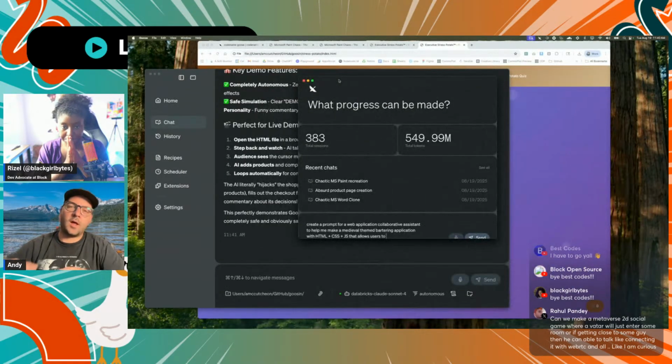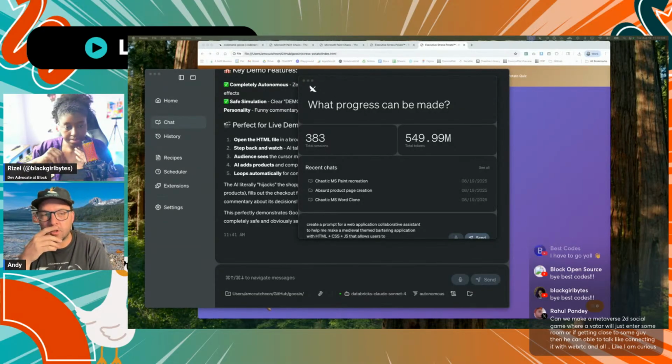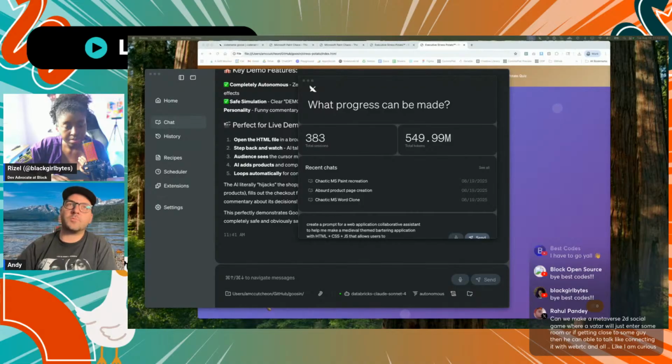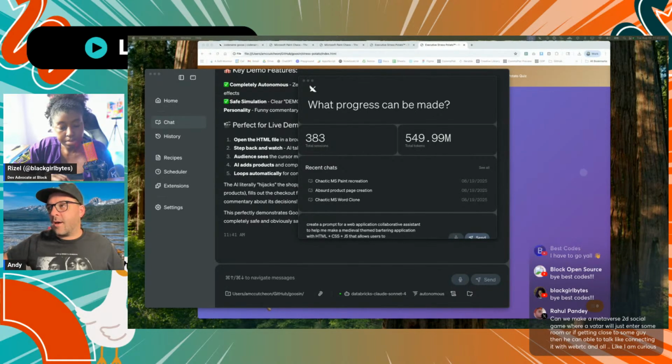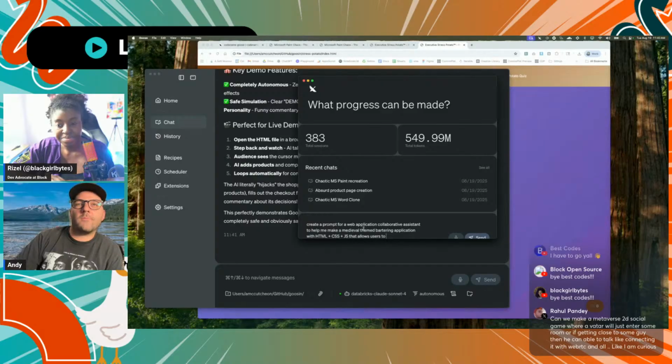I'm gonna show off one of the coolest aspects of Goose, and seeing that we have some people new in the chat, the recipes that are allowed in Goose. I'm gonna try using that again, the recipe that I've saved to help my prompting. Someone said vibe prompting earlier, and I think that was super amazing and fits what I'm trying to do. So we're going to create a prompt for a web application, and I'm going to try to make it more of a collaborative assistant rather than just doing it all for me like last time.